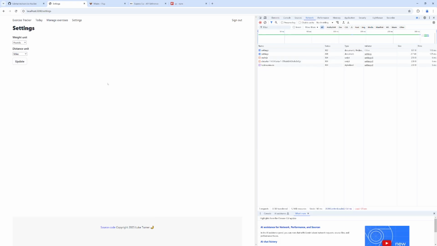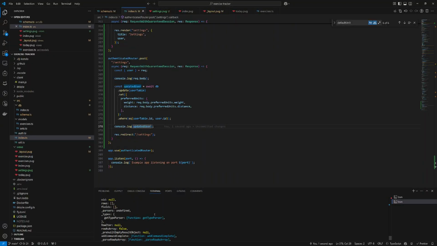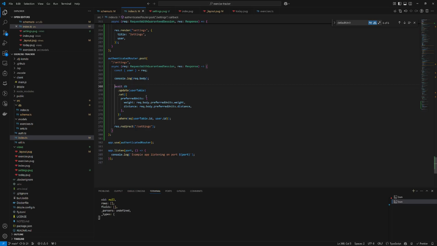Kilograms, update. So here the updated user, oh, well, it's just this thing. I would have to add a returning. But one thing I can actually do instead, kind of an illustration of a slightly different approach, is if I open Table Plus here,